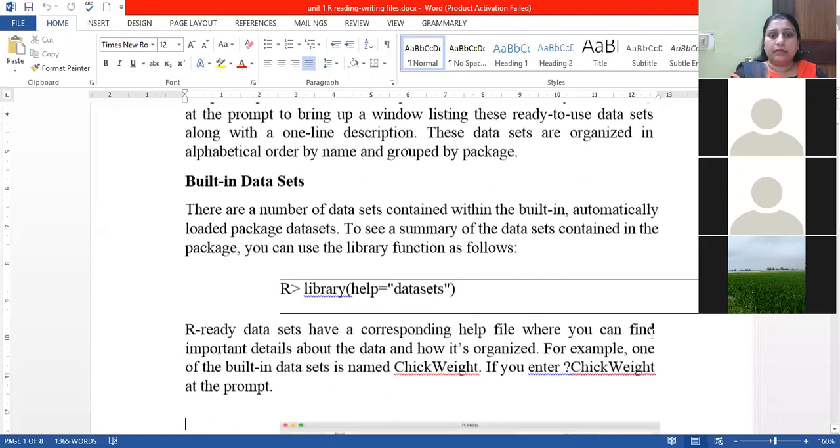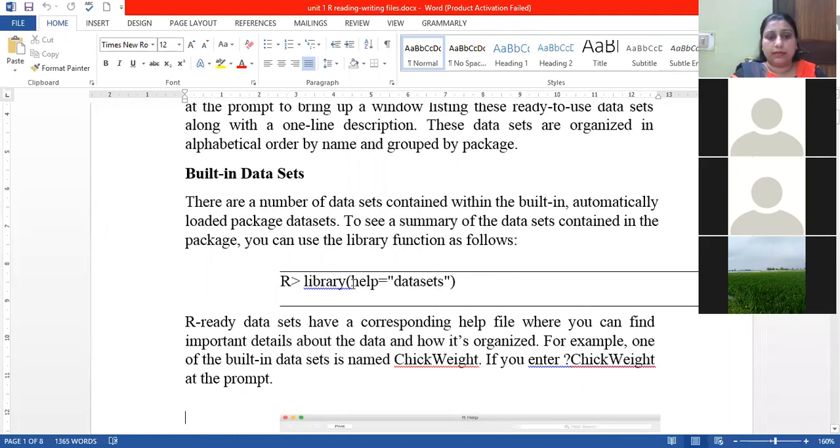So we have the built-in databases. To check what the built-in databases are, we go for library. The library syntax is always used when you want to include some library. Suppose you want to use some package. First of all, you have to install the package, and after installing the package, we use library. In C program, what do we do? We write the header files, hash include header file. In R, what do we do? We write library, and within the brackets, we pass the library which we want to include.